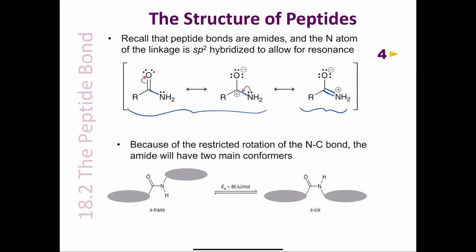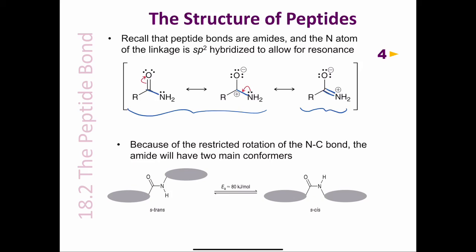And there's some really interesting properties of peptides that result from this hybrid structure, where the bond between the carbon and the nitrogen is actually a hybrid between a single bond and a double bond. So because of this, we have restricted rotation around that nitrogen-carbon bond,